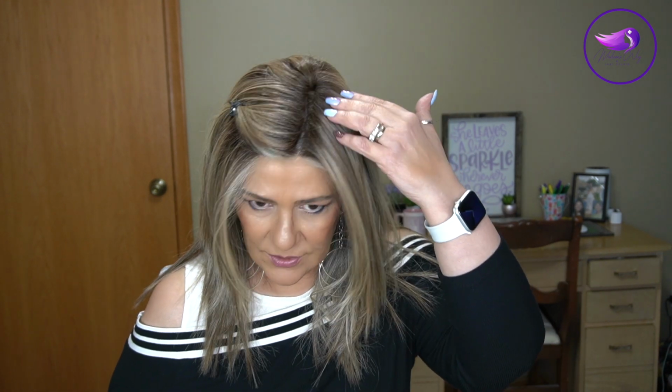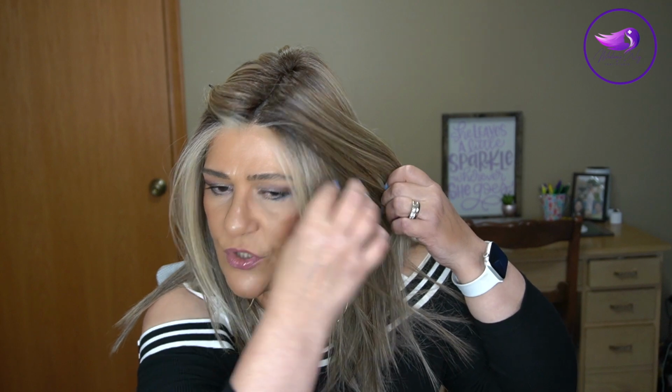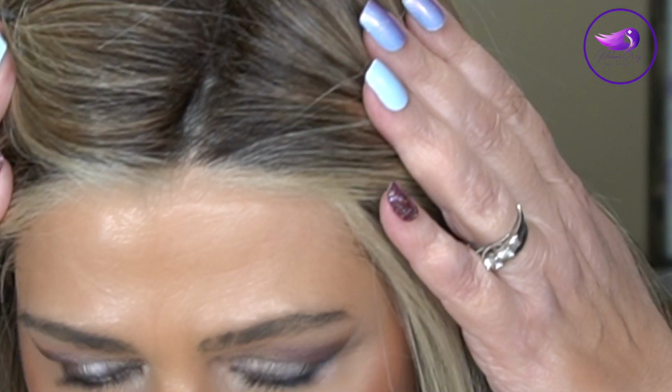Basically it's a neutral color because we have that very light, I would say it's a medium brown root. We have light fibers around the front in a pale blonde, and then mixed through we have a nice mix of that medium brown with the blonde. But in this particular Shaded Cappuccino, most of my Raquel Welch are in Shaded Cappuccino, and this one I found a little bit of caramel, honey blonde mixed in, which I thought was very unique. And as you can see, here are the pale blondes. I just love this color. I think it is absolutely beautiful. Well Played has a beautiful